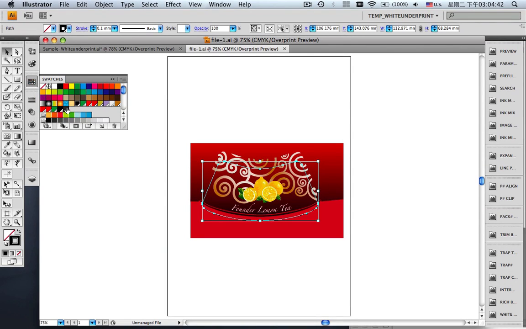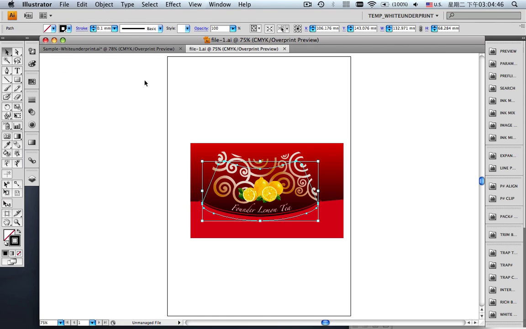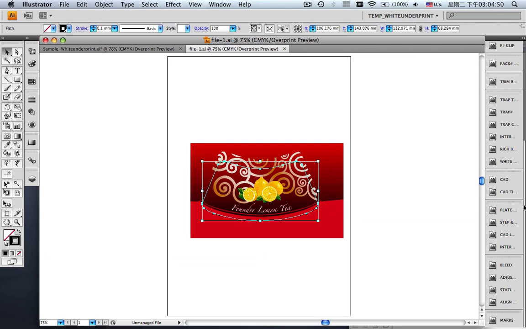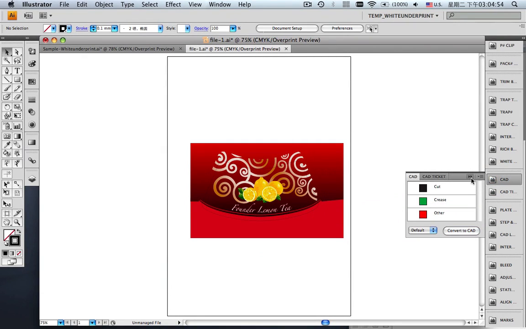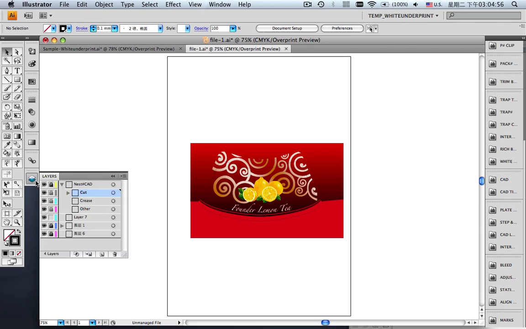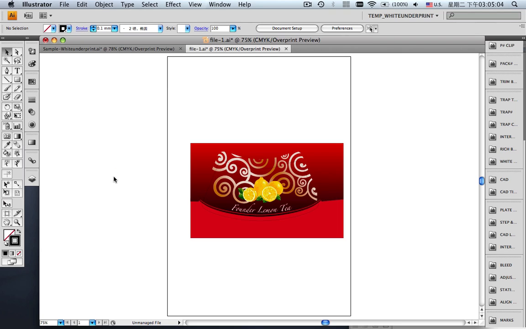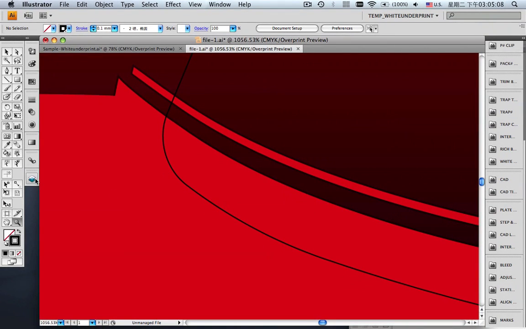First, we open the package CAD file, which needs to do the step-and-repeat. We set the box structure to the current CAD file, and after setting, we need to click the Convert to CAD button from the CAD panel, and then we can convert the CAD file to the special NetSharp CAD structural lines. We choose the NetSharp Station Number tool and add